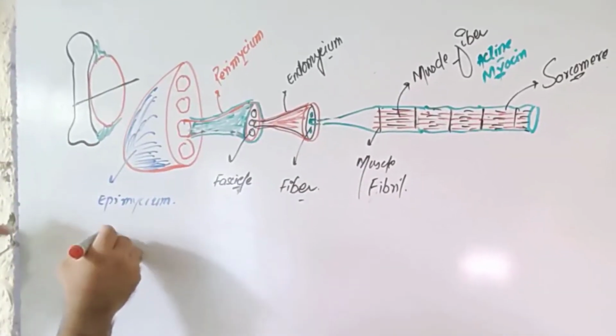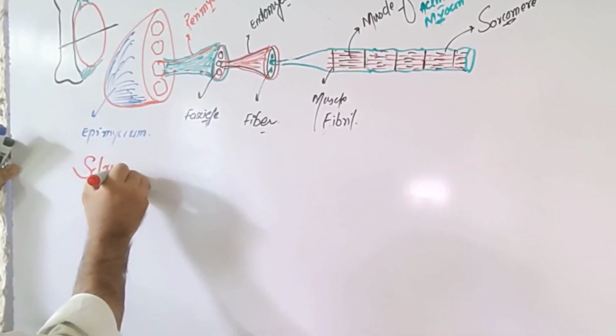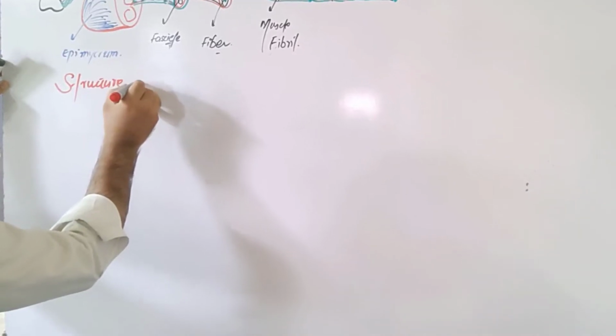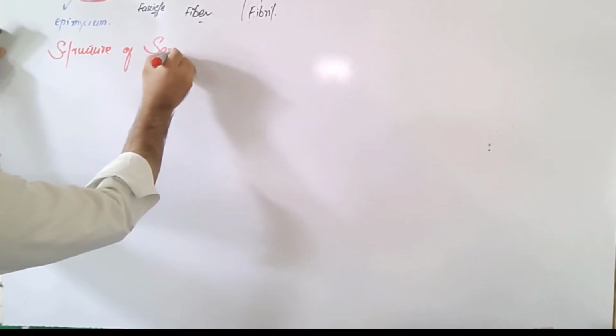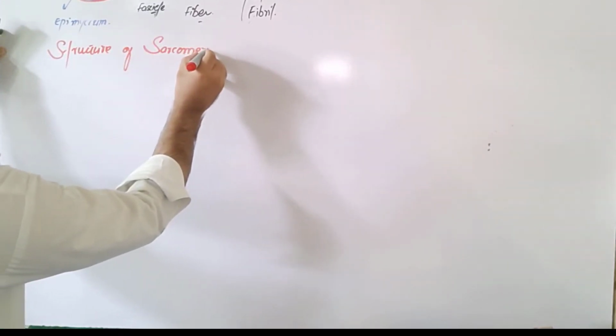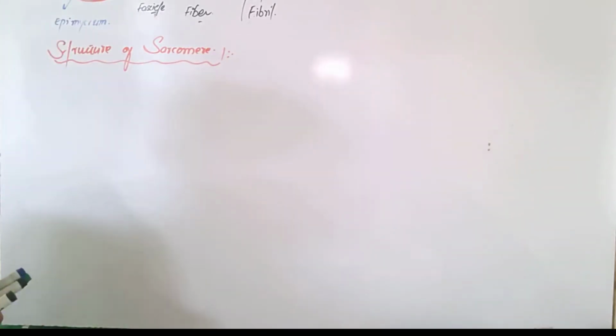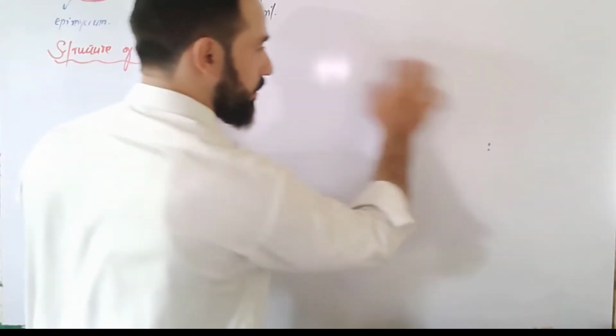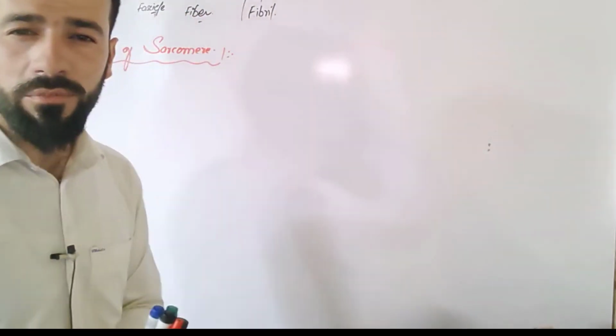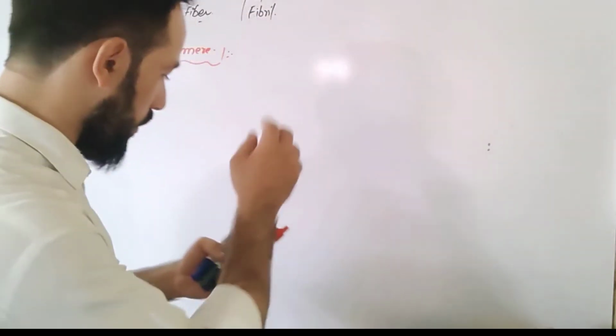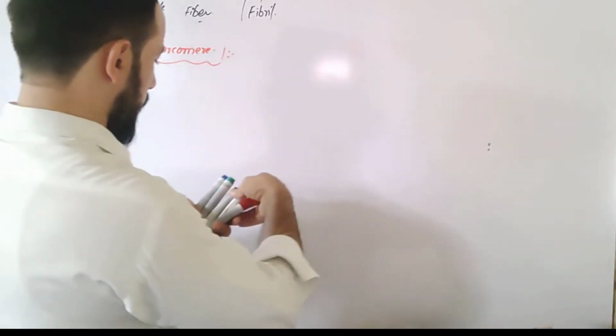So let me write it here, the structure of sarcomere, right? Structure of one sarcomere. Let us draw the diagram here and we will see each and everything which is present inside a sarcomere. So let me begin my lecture. First, there are,